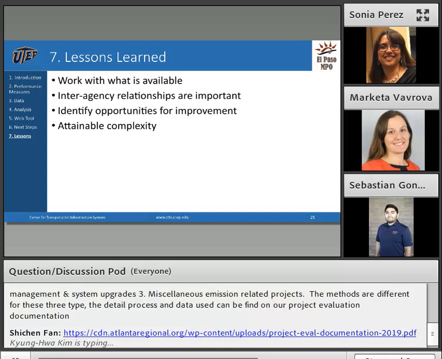So there are 4 things that we would recommend anyone who is starting to develop a similar project. The first thing, don't wait for the perfect time when all the data would be available and all resources would be in place. Rather work with what's available now, and later you can add into it. We also found that relationships with other agencies are extremely important when it comes to data sharing, data agreements, and basically overall trust that the data will be used for a good cause.